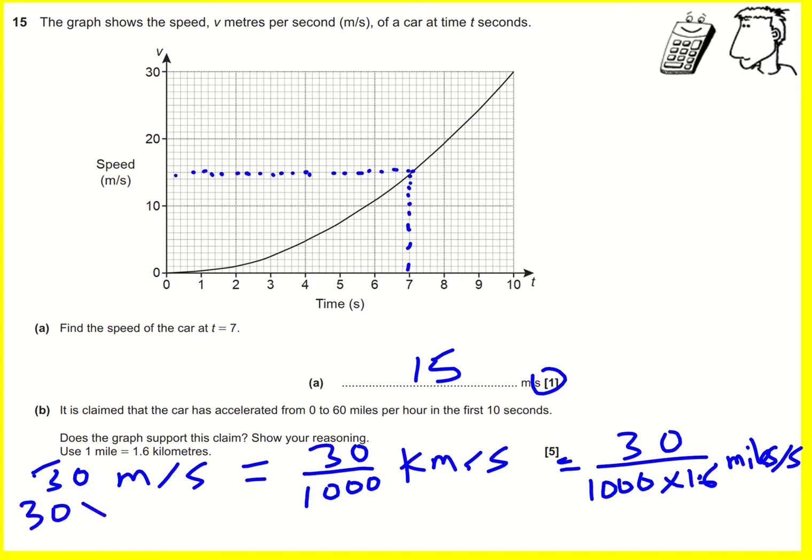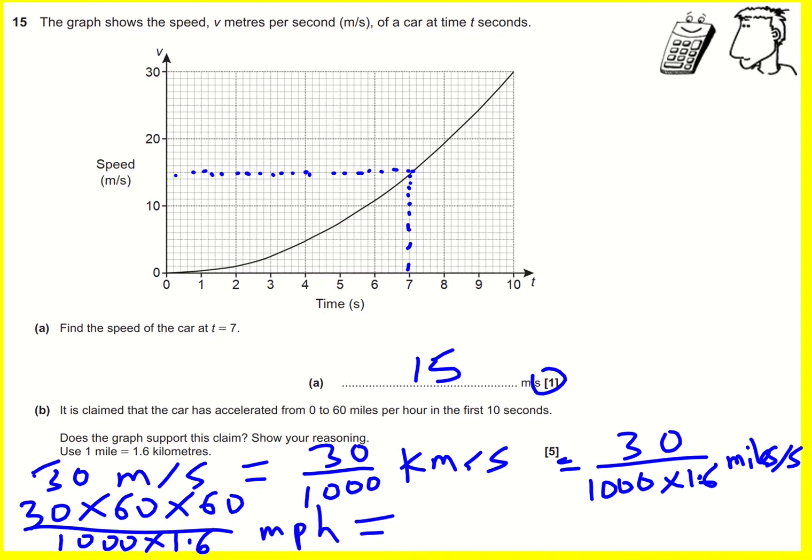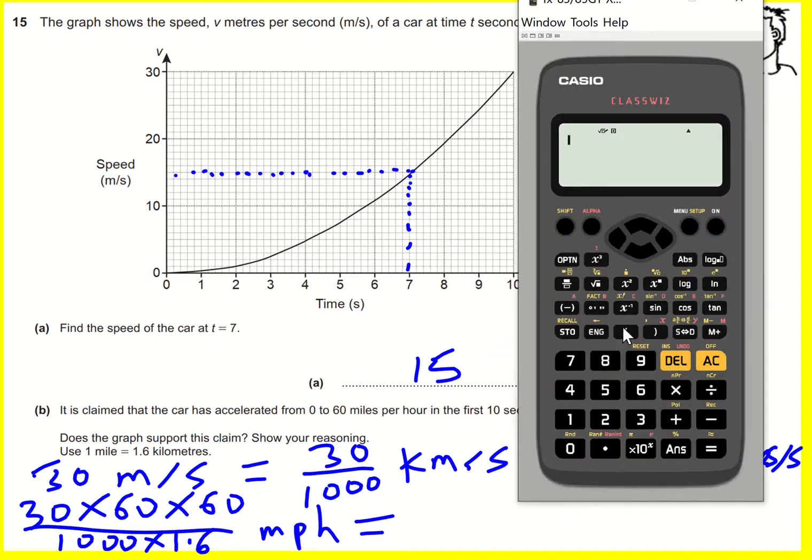So we're going to do 30 times 60 to get miles per minute, and then times by 60 again to get miles per hour, and we're nearly there. This is my miles per hour. Just need to put all this into my calculator. I'm going to use the fraction button. 30 times 60 squared, instead of 60 times 60, same thing. Divide by 1,000 and divide by 1.6. So we can do it all in one go. You could do it step by step if you wanted, nothing wrong with that. And we get 67.5